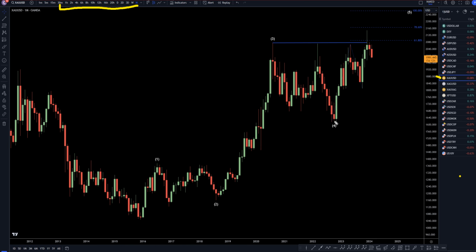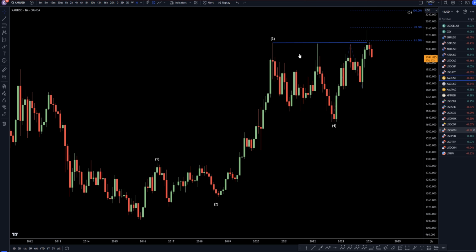So on gold versus the dollar, I still suspect that this is a 1, 2, 3, and I still think there's a very good likelihood that gold is going to keep going up. I do not think that this move down that we're currently seeing is anything beyond a correction to the uptrend. I actually think this is a 1, 2, 3. So I think that what we're in right now is a subdivision 1, 2, 3 of wave three.